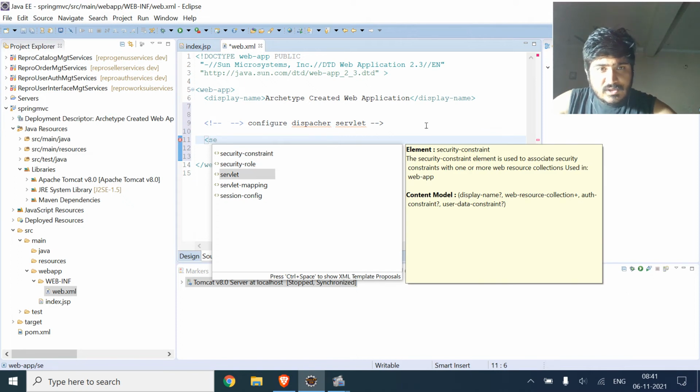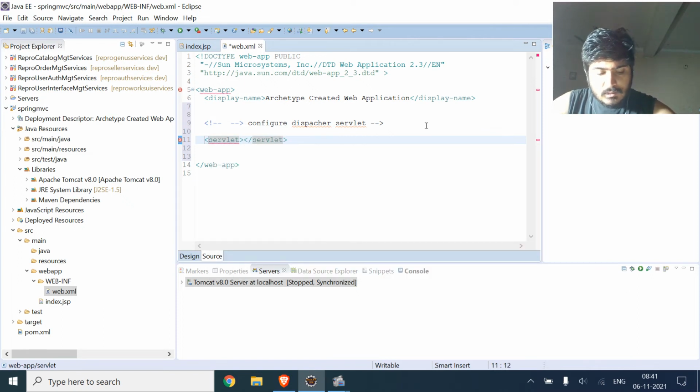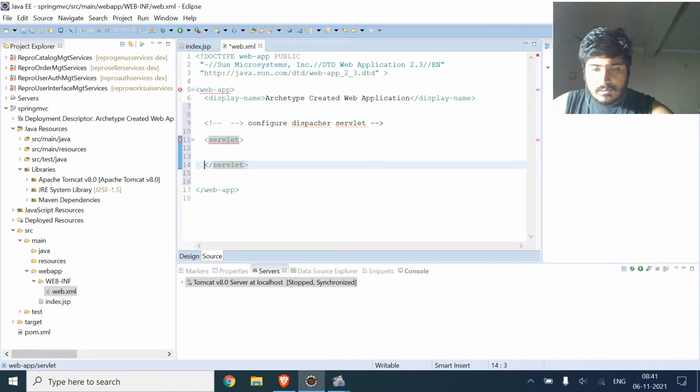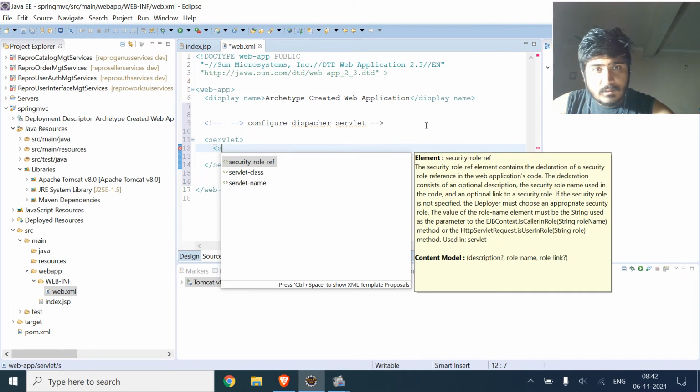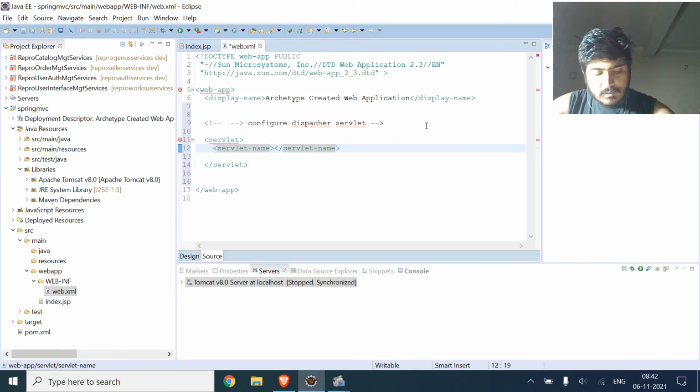So we will take the servlet tag, and in this we will give servlet name, that is Spring.